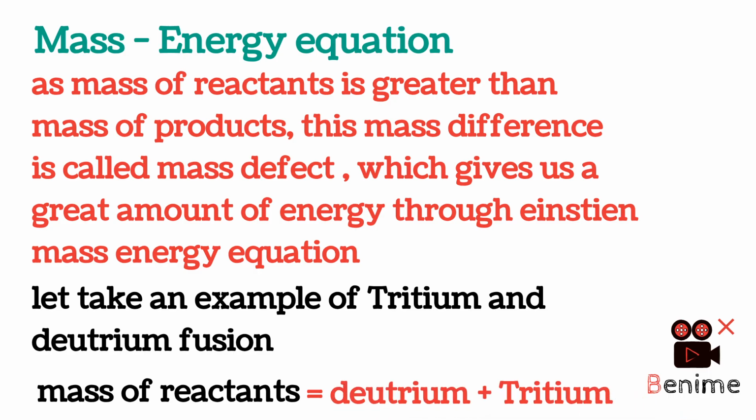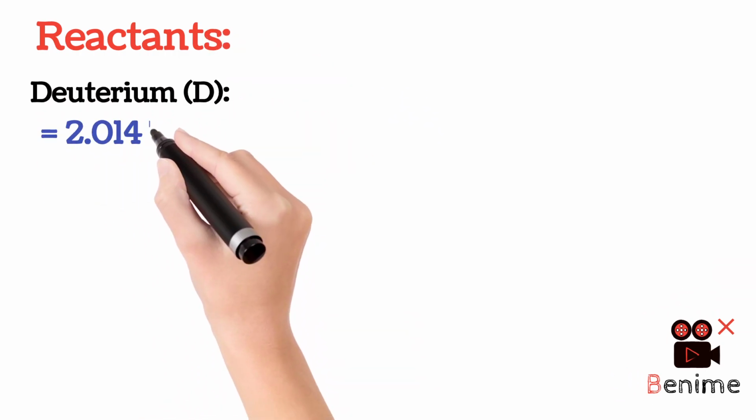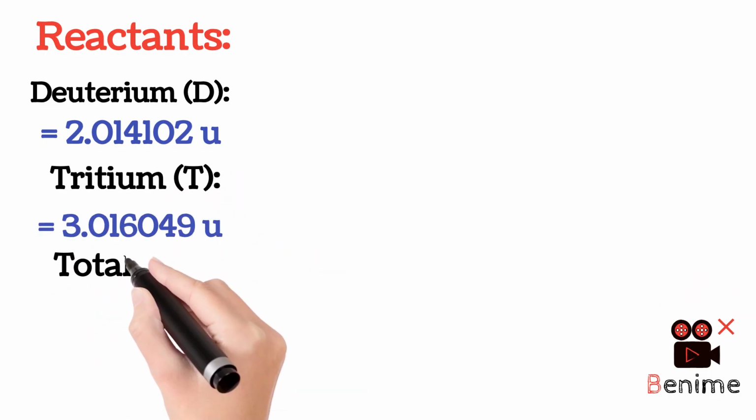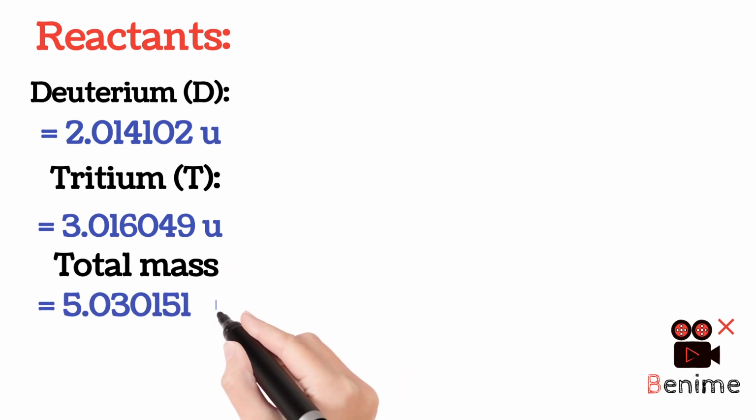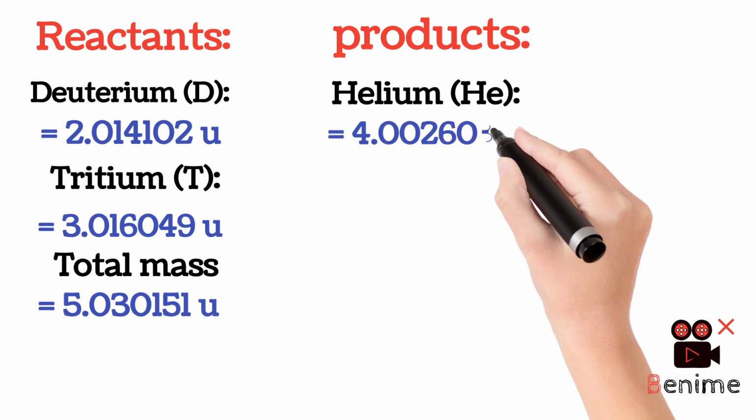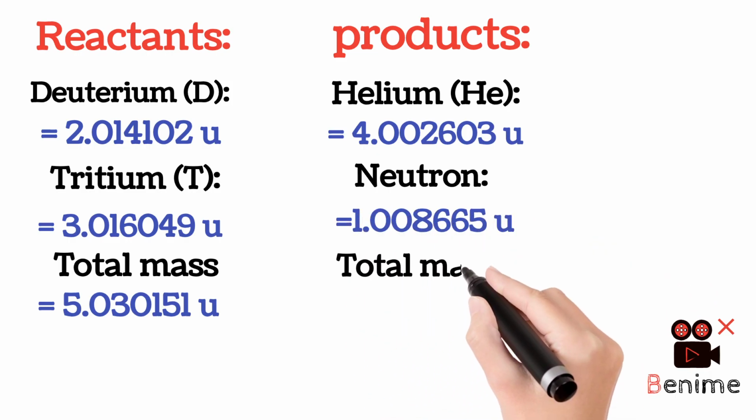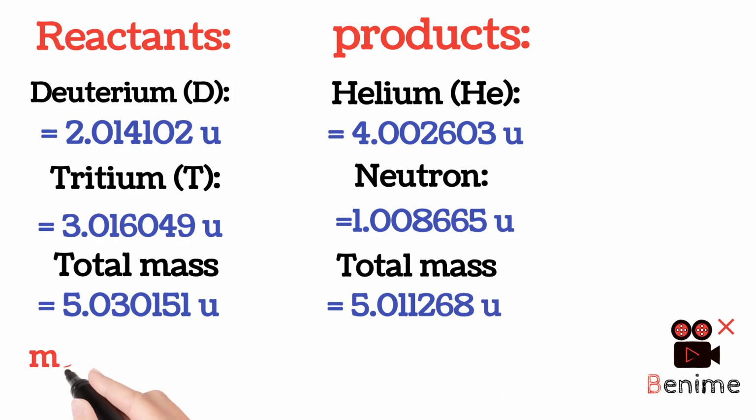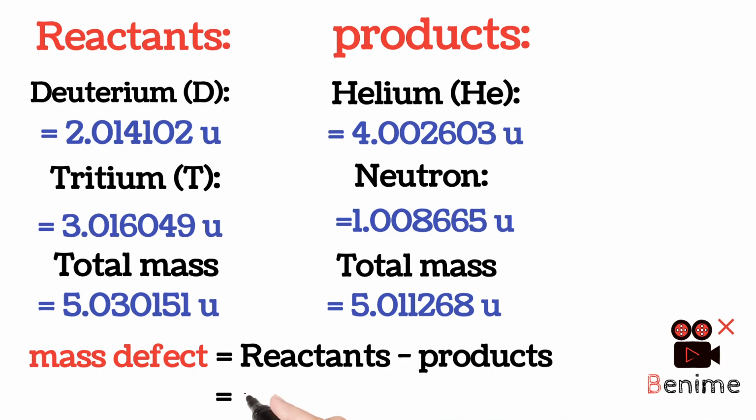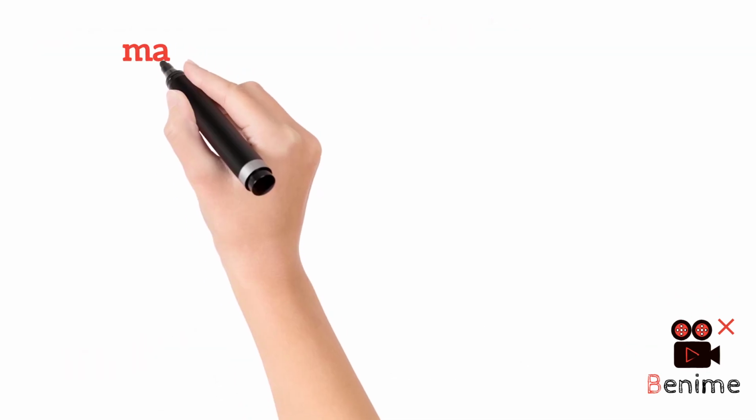Let's calculate the mass defect. The masses of deuterium and tritium are given, whose sum gives a total mass equal to 5.030151 U. Whereas the total mass of products is given by the sum of helium and neutron mass, which is equal to 5.011268 U. Mass defect is equal to mass of reactants minus mass of products. By putting in the total mass of reactants and products, which we calculated above, we get the mass defect, which is equal to